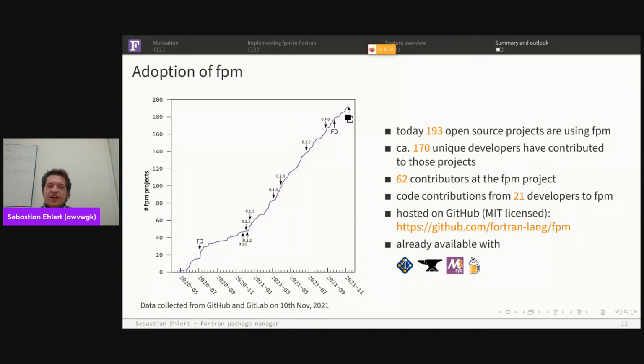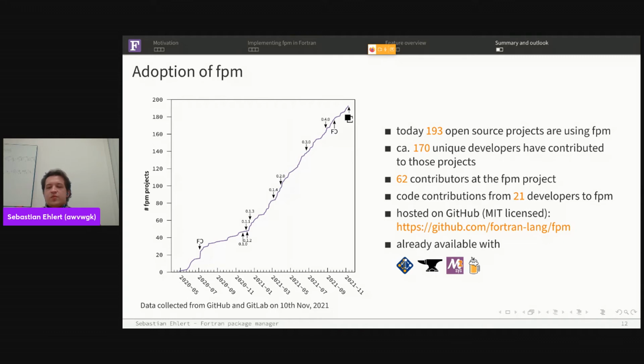So FPM is kind of new, given the language has been around for a while. We started this effort last year in May with our Rust prototype, which we then switched around FortranCon in June to a Haskell implementation. We quickly realized that while Haskell was working nicely, we didn't have enough developers to follow up on this. So with the first release, which I marked here in the graph, we switched to a Fortran implementation, and this gave us some traction in the community, and we are now at 200 open source projects